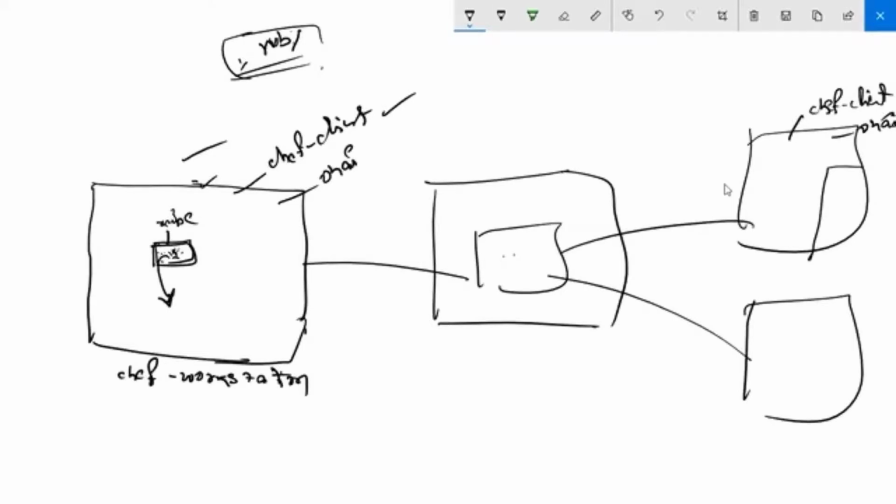So Chef client will take this code and apply it locally. So the actual user will be created in my base machine. Base machine means EC2. I'll create the recipe, I'll write the code to create a user. I'll call Chef client. So Chef client will apply this recipe locally. So the actual user will be created, and the local machine's Ohai store will be updated with that user.